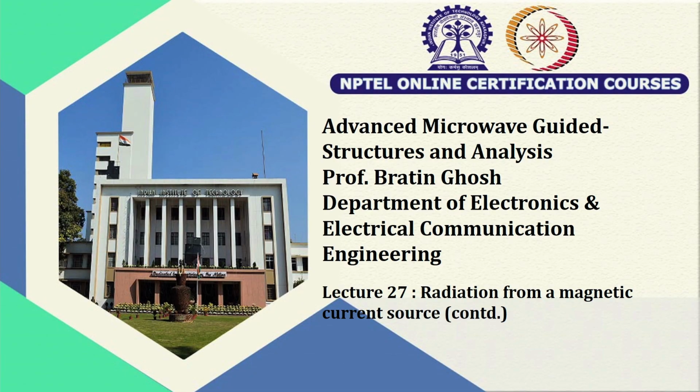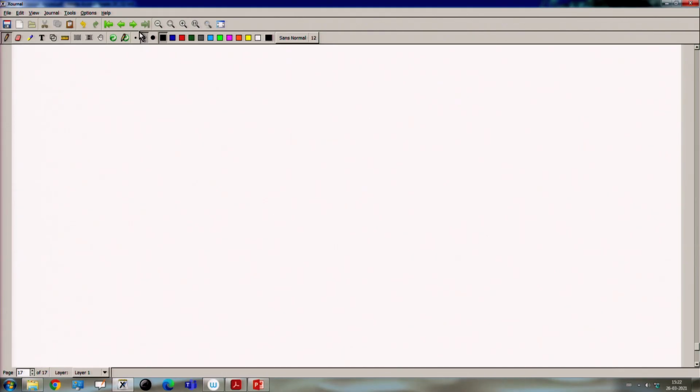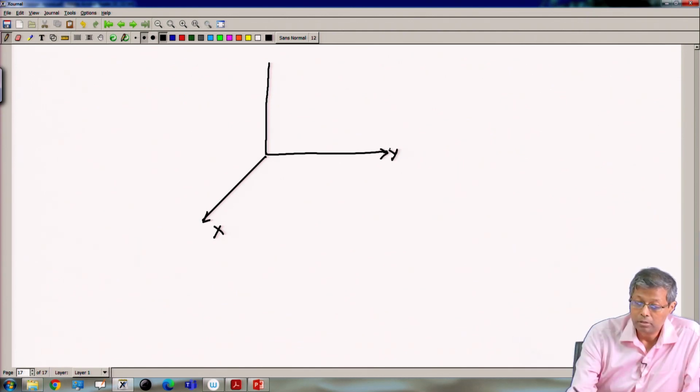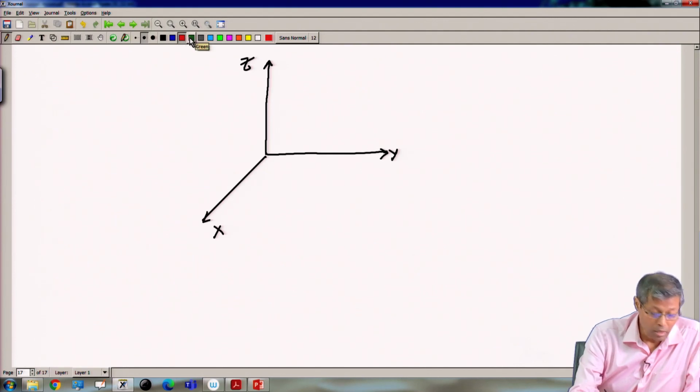Welcome to this session of lecture on the radiation from a magnetic current source in a homogeneous medium. We will be computing the spherical wave components due to the magnetic current source. So, let us draw the x, y, z coordinates for this problem. This is x, that is y, and that is z, and we have a magnetic current source